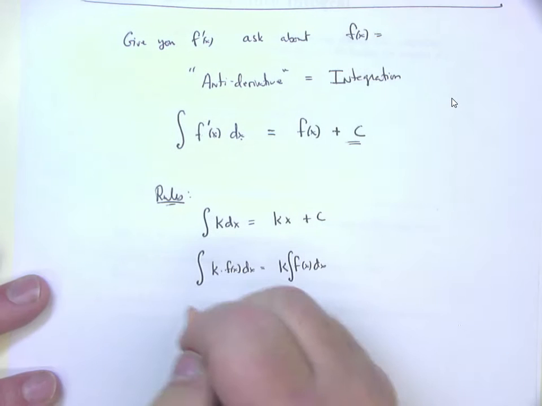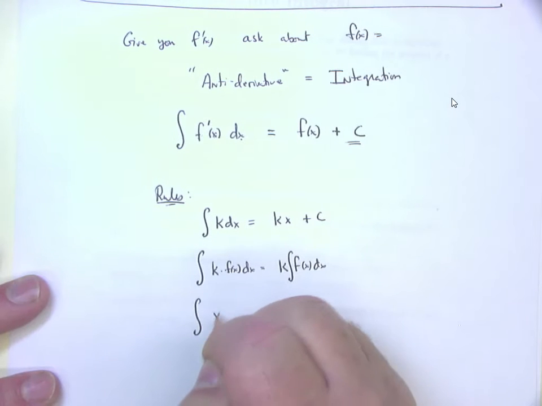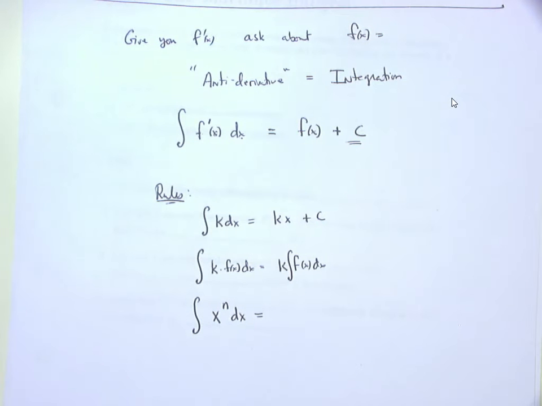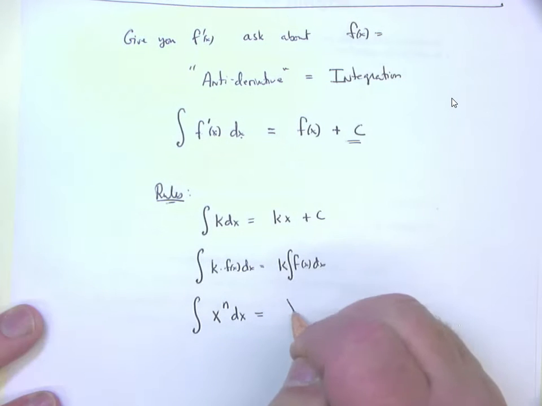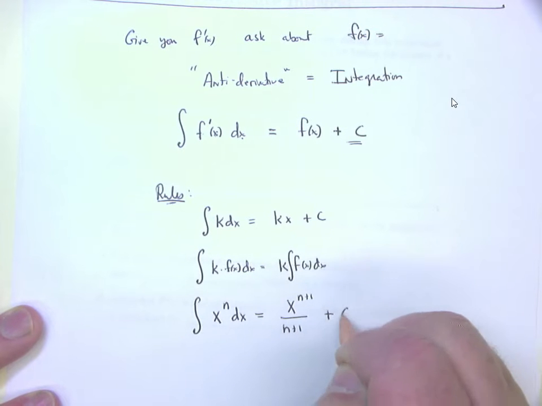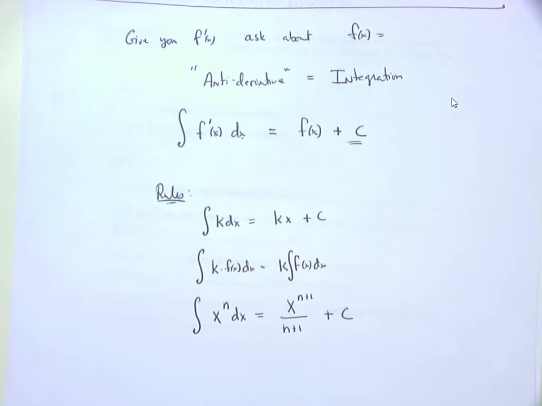Here comes your big one. It's called the power rule. The integral of x to the n dx. What's the integral of x to the n dx? Well, when you took a derivative, the rule was you put the exponent out front and you subtracted one, right? We're working it in reverse. What's the opposite of subtracting one from an exponent? Adding one to an exponent. But the opposite of sticking it in front is stick it in the denominator. So the rule is going to be x to the n plus 1 over n plus 1. And then you always have this arbitrary plus c, because you could have also plus 0, and integral of 0